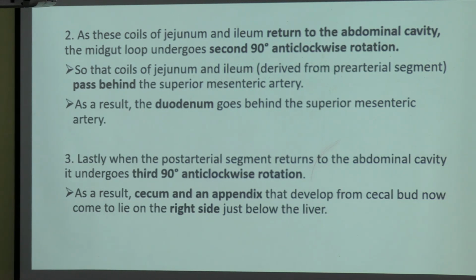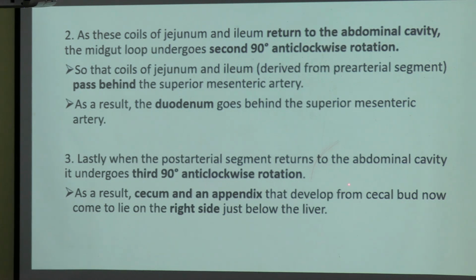As I mentioned, your pre-arterial segment will pass behind the superior mesenteric artery. So, now the loops of your midgut are staying on the posterior aspect, whereas your superior mesenteric artery and post-arterial segment are present in the anterior aspect, okay. As a result, the duodenum goes behind the superior mesenteric artery.